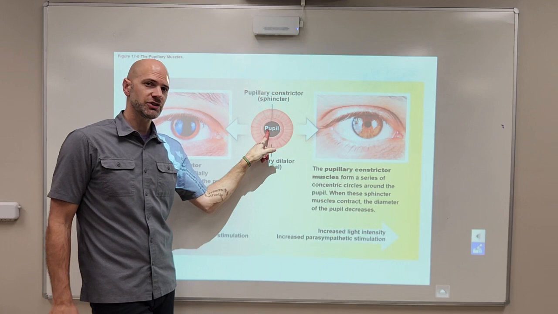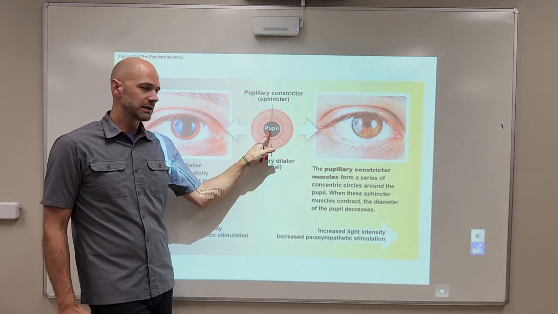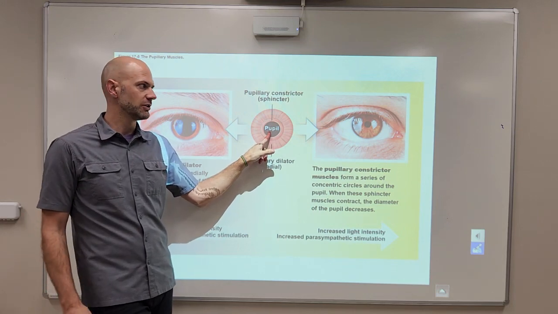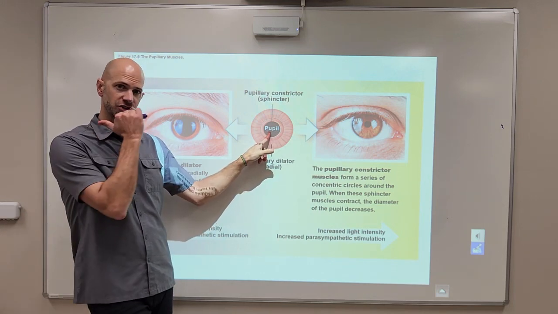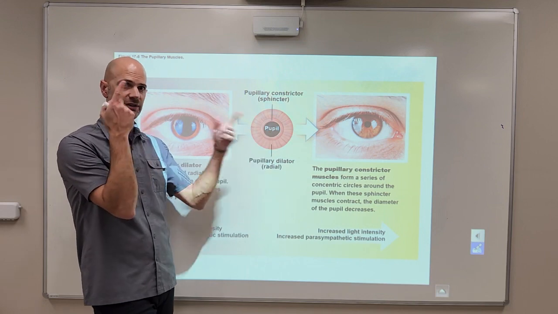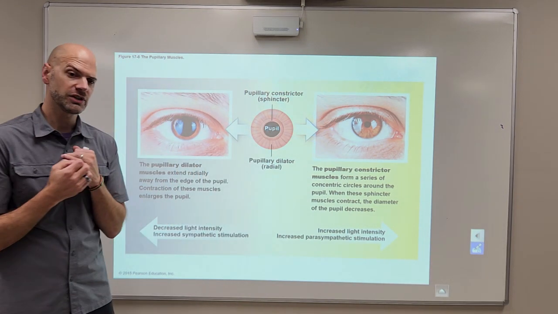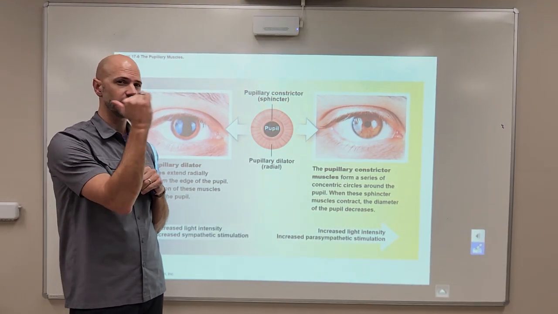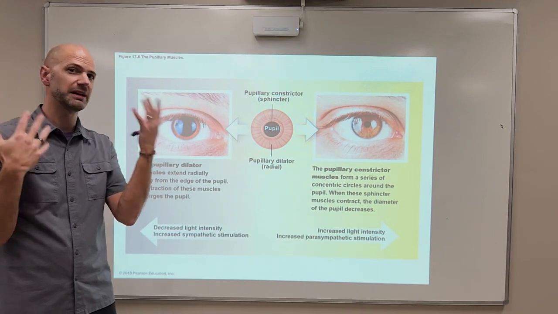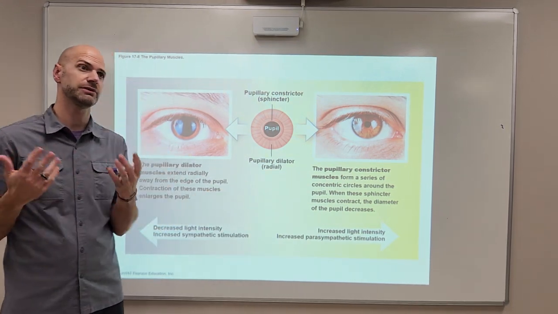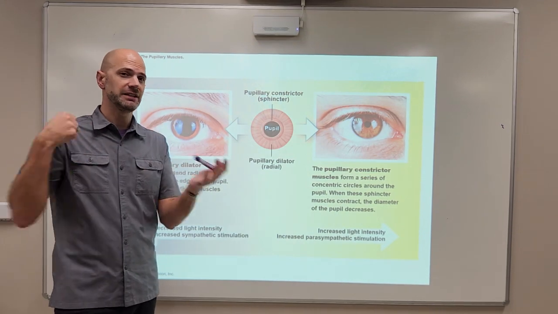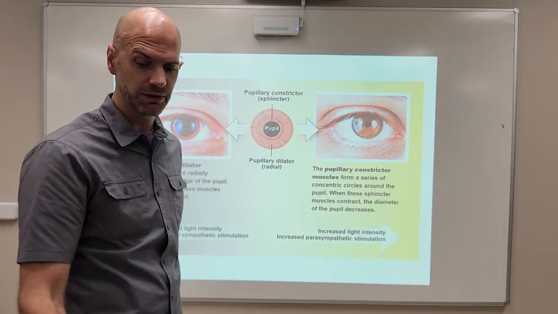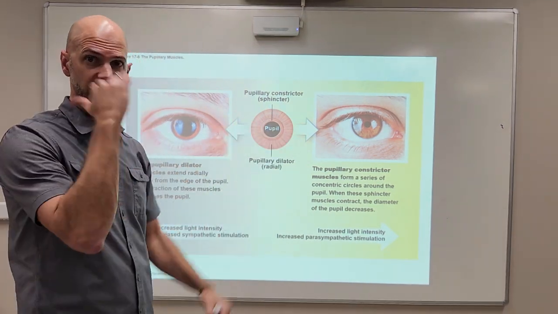Pupillary dilation and constriction is a clinically available way to check for cranial nerve function. Okay, so we can check on cranial nerve 3 by just shining a little pen light into somebody's eye to see if we get bilateral or unilateral constriction based on that pen light. So if you see doctors going in, they're just doing a very quick cranial nerve check to see whether there's been any damage. If you were in a car accident, or you're an athlete and you got knocked really hard and maybe damaged something, they're just gonna do a quick little check to see are all the cranial nerves working, and cranial nerve 3 you get checked by